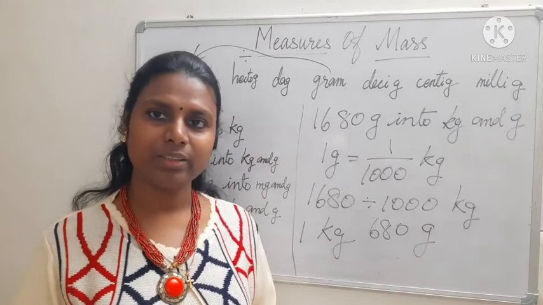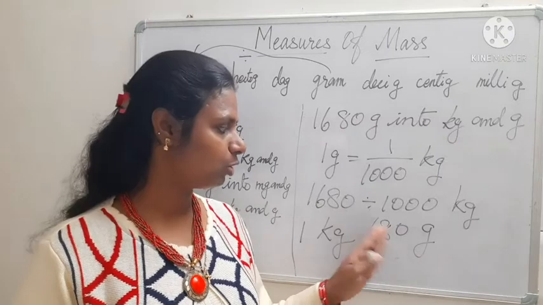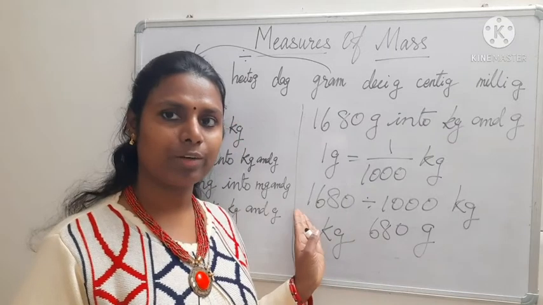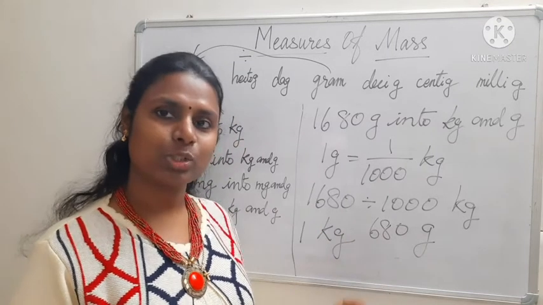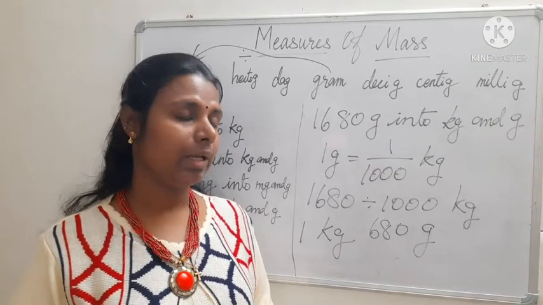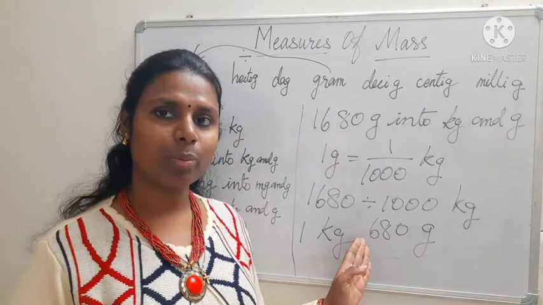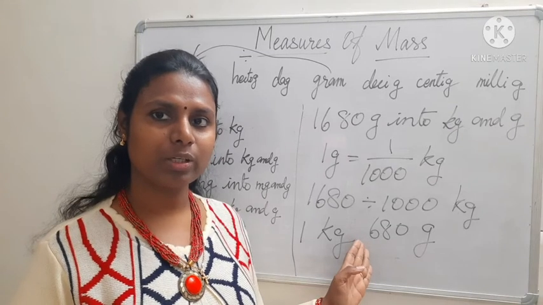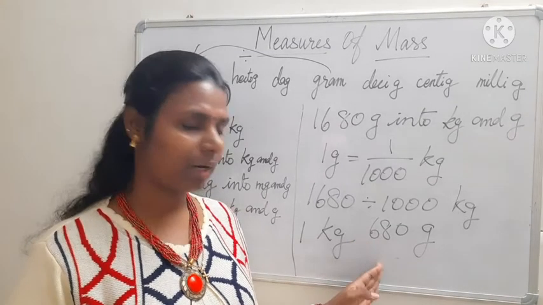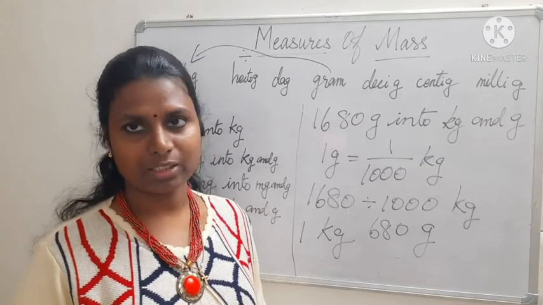Have you got it? The remainder portion from ones place, that is going to be gram. What the number left over as quotient, that is going to be kilogram. Okay, watch this again, you will understand. If they give it as fill in the blanks, you can do it in your mind also. So you can write it directly if they ask us fill in the blanks.